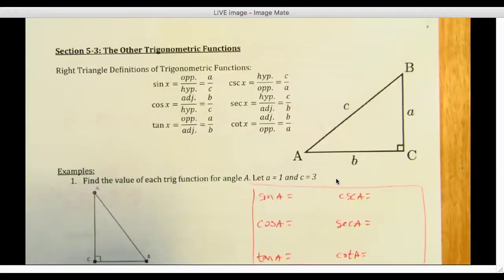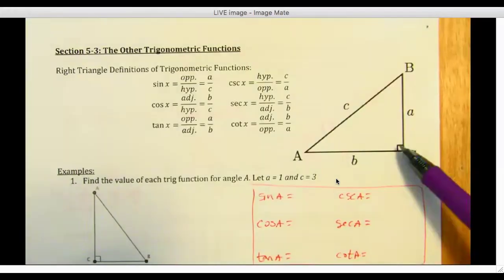All right, this is section 5.3, and we are going to be looking at evaluating trig functions, specifically with triangles in this section. So if we have a right triangle that has 90 degrees here, and if this is angle C, angle A,